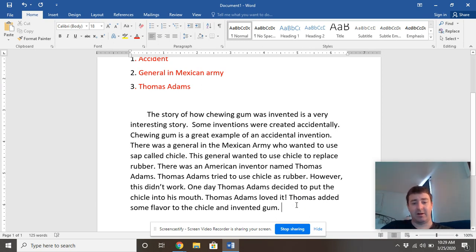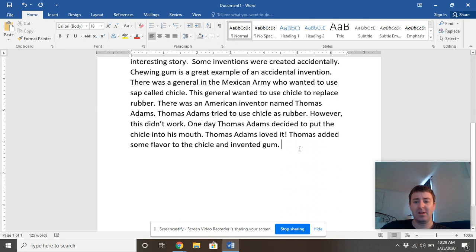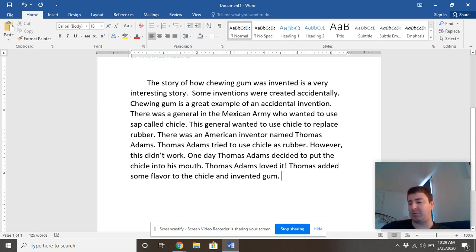Okay, so you can see that this last detail, where we have been talking through this piece of writing, is a pretty meaty piece of writing, a pretty meaty detail. We don't only have one sentence, we have 1, 2, 3, 4, 5 sentences for this detail. And again, we're always trying to tie it back to that topic sentence of how gum was invented. Let's write our concluding sentence right now. Please write your concluding sentence. And we'll come back together in a few moments.